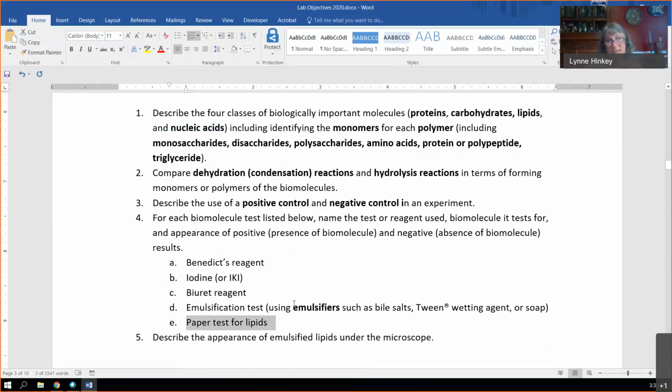Typically in the lab, the paper test is the one that we do every time we go through the drive-up at McDonald's and get French fries. The napkin stays greasy. Right? So that's our